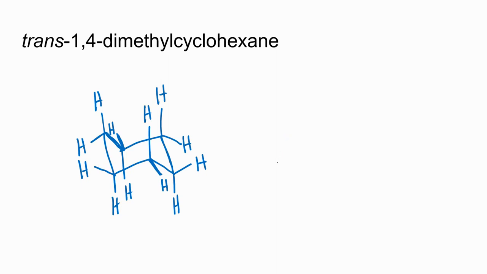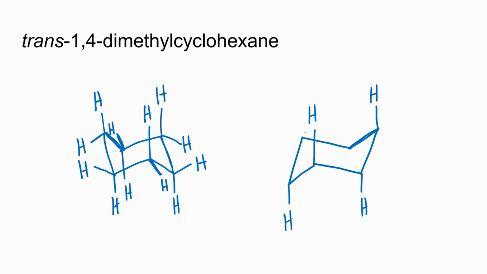And then we'll draw the opposite conformation. And we'll have axial up, down, up, down, up, down. We can do our equatorials, down, up, down, up, down, up. Now we need to replace some of these hydrogens with methyl groups,